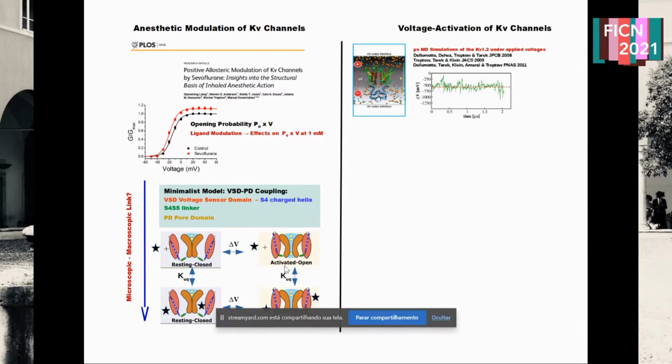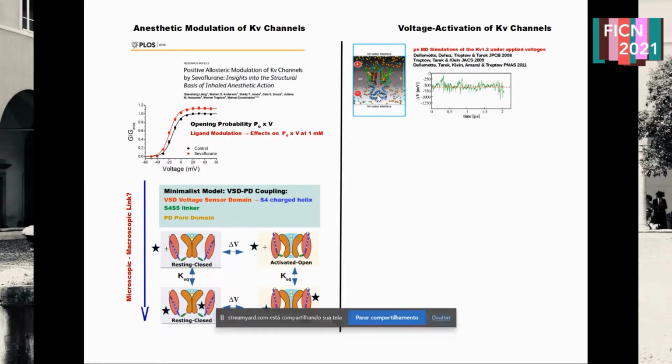And our particular interest in these states of the protein derives from the fact that over the years, we have accumulated structural information on these states of the channel. Very briefly, we have simulated the channel embedded in a phospholipid bilayer. The simulations started from the X-ray structure of Kv1.2, which was published by MacKinnon and co-workers in 2005. Embedded in the membrane and under applied transmembrane voltages, the system was deactivated.